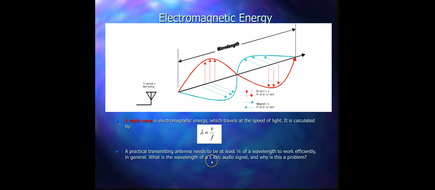So the wavelength for a 1 kilohertz frequency is an ultra long wave, and that type of wave is mainly used for submarine communications. This 1 kilohertz signal is not visible to people; it mainly lies in the audio range,